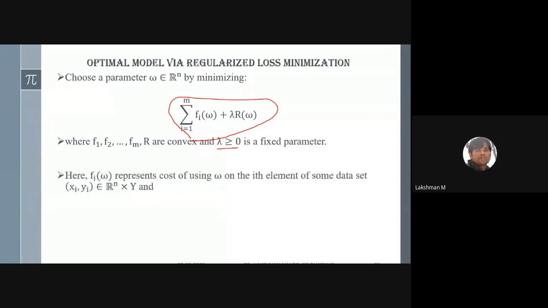Here fi represents the cost of tuning omega on the ith sample or ith data point, and R of omega we call the regularization term. It depends upon what kind of regularization you would like to impose. If you want to put sparsity, you would go for L1. If you want minimum norm, you need to use ridge regression. Such criteria will come across.